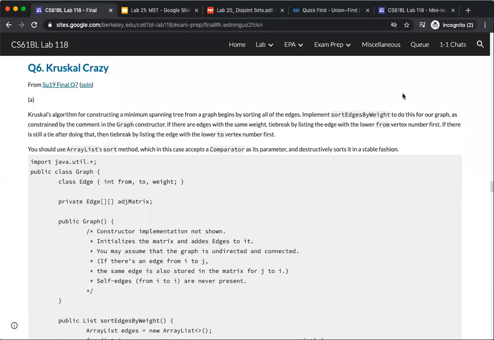Hi everyone, welcome to question 6. So in part A, we want to implement the sort edges by weight method. This is the step in our Kruskal algorithm where we want to put the edges in increasing order of their